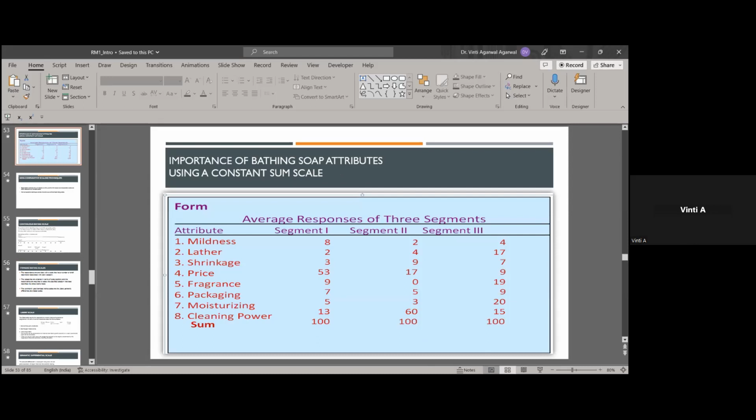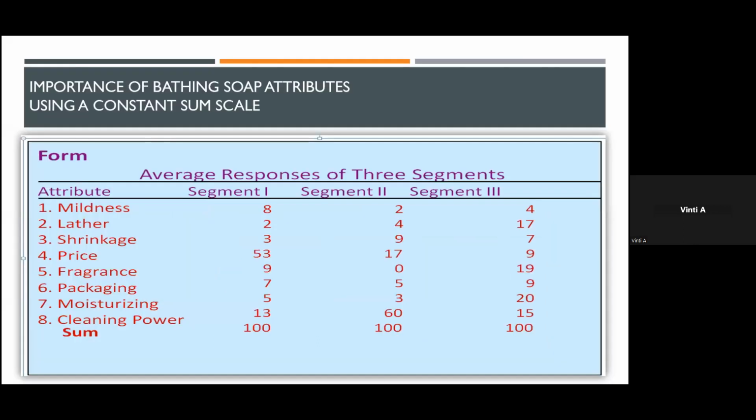Okay, this is where we were. This is the constant sum scale. For example, I talked about those 100 units. Now in this case, it's a bathing soap. You can see the 100 points are divided among mildness, lather, shrinkage, price, fragrance, packaging, moisturizing, cleaning powder. I did it on an Excel scale in terms of the different facilities of your palliative units, and I've defined the attributes in terms of the different kinds of relief that you can give: financial, social, physical, psychological, emotional,